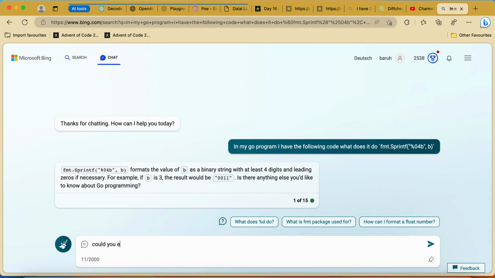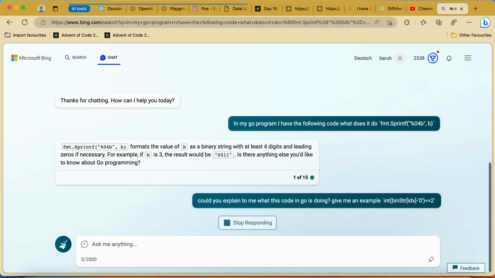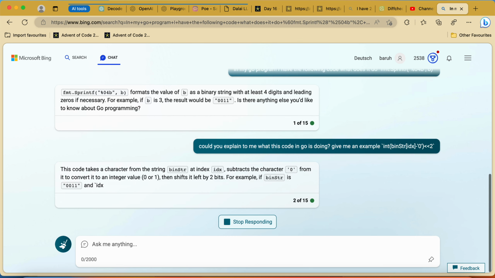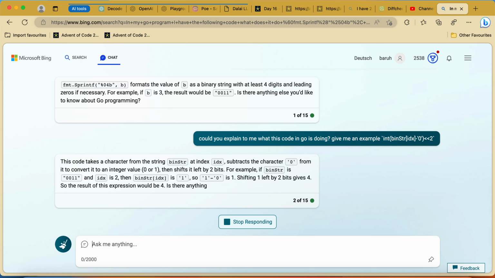Could you explain to me what this code in Go is doing? Give me an example. Subtract the character 0 from the character and convert to an integer value.